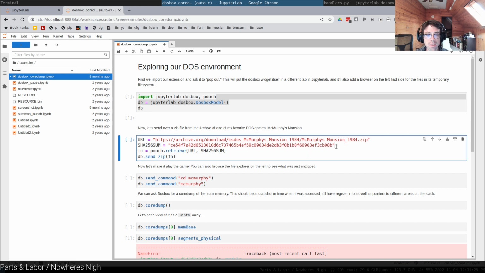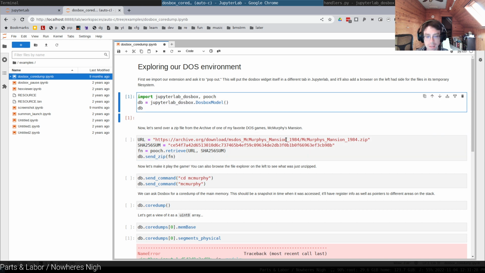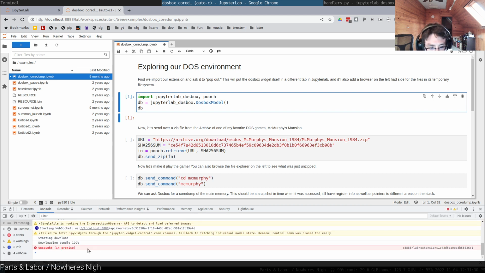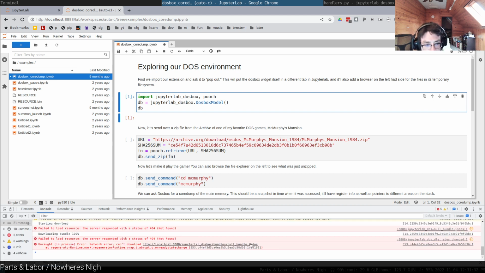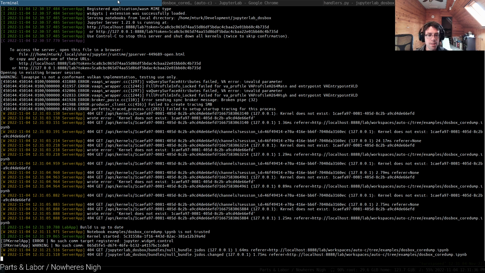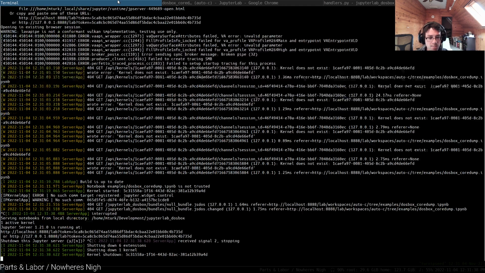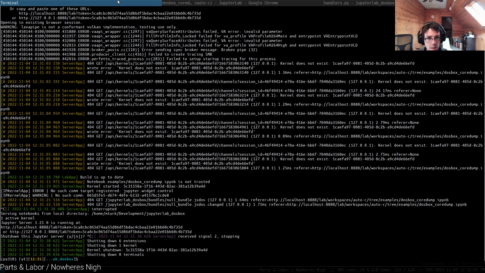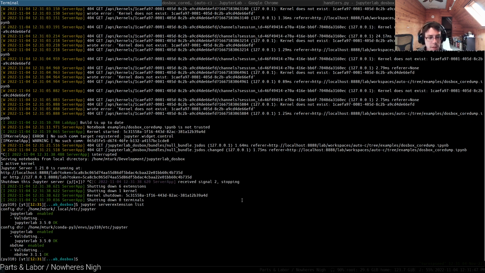Let's see, did that do it? Let's see, uncaught in promise. Oh, can't download the null bundle. Oh, I know why that is. We've got to install the server extension. Why is the server extension not installed? Jupyter server extension list. So the reason that I've got all these different extensions is that I